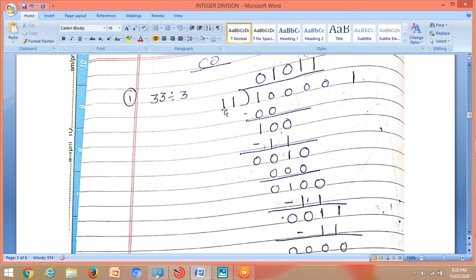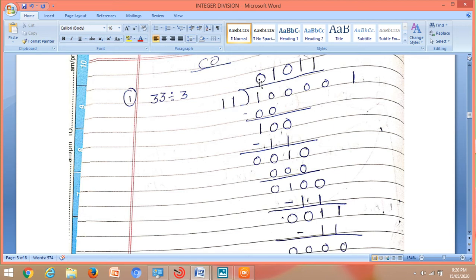Okay, now start the division. So let us take 1 1. First thing you do is that use your logic whenever you are doing a division. What does 1 1 mean? 1 1 means 3. And what does 1 0 mean? Always take the number of bits equal to the number of the divisor bits. This is the divisor and this is the dividend. So divisor bits are 2, and how many bits is the dividend? It is a 6-bit dividend. So whenever you are doing a division, take 2 bits. This is 1 1, so we have to take 1 0 only. 1 1 means 3, 1 0 means 2. So it is logical that we cannot divide 2 by 3. Hence I am taking 0.